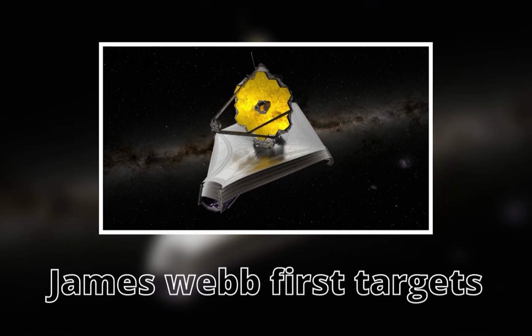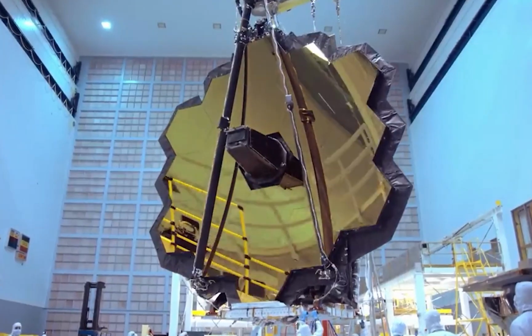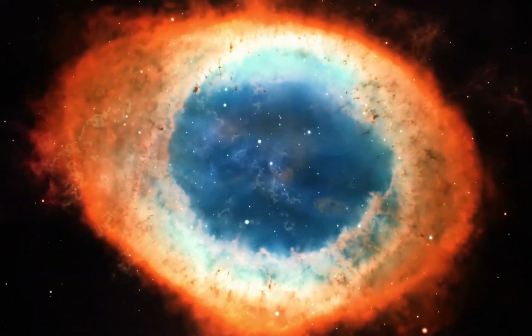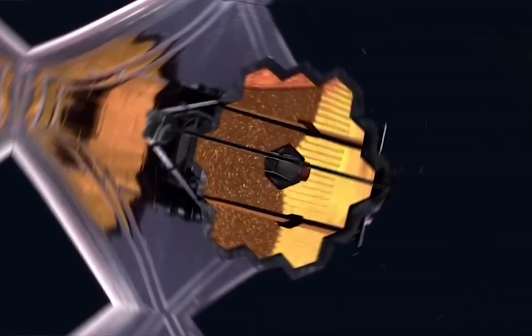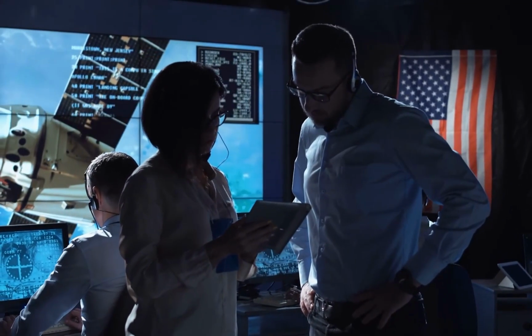James Webb first targets. On Tuesday, NASA will be releasing the first images taken by the James Webb Space Telescope. These images will provide us with our first glimpse of nebula and an exoplanet. This is an exciting first step for JWST, which has been anxiously awaited by the astronomical community since its launch